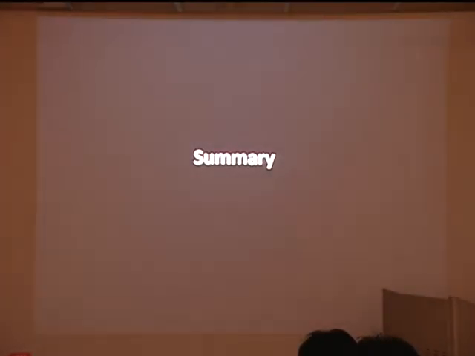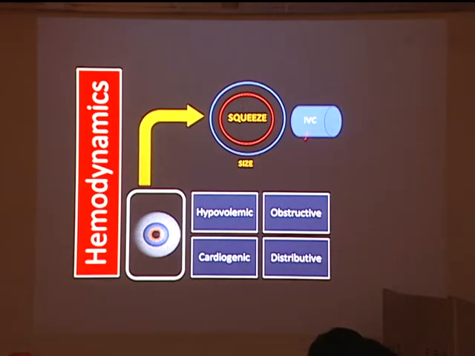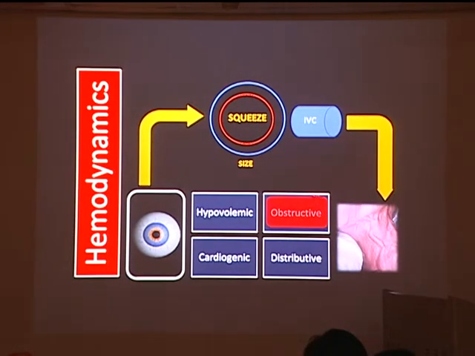So let me try to summarize what I've said in a few slides. If you see a patient with hypotension, eyeball the IVC and the squeeze of the heart, the first thing you want to look for is an obstructive physiology. And once recognizing an obstructive physiology, go immediately to diagnose the pathology, whether it's a tension pneumothorax, pericardial tamponade, or what's the third one? Pulmonary embolism, okay? So quickly look for an obstructive physiology, diagnose the pathology, and intervene, all right? Relieve the patient of the obstruction.